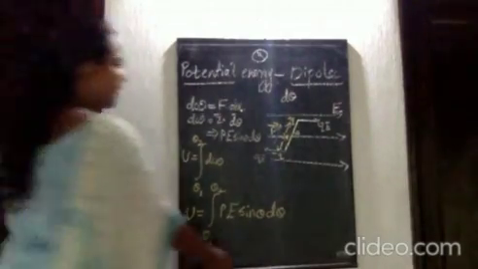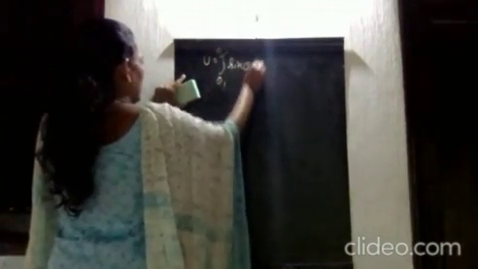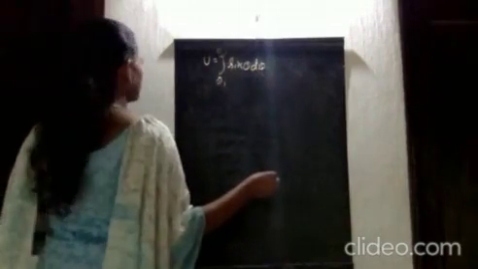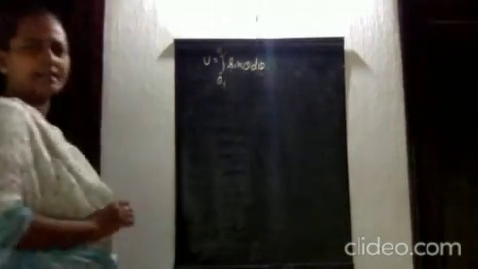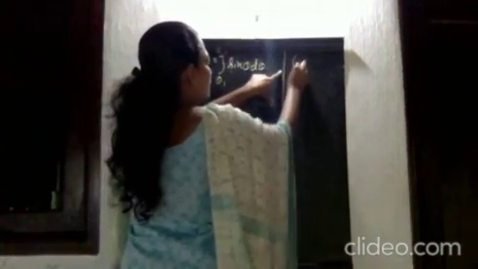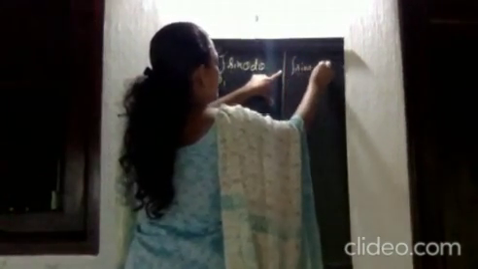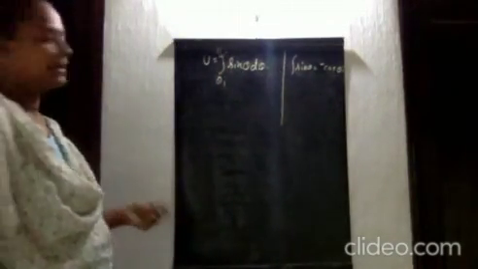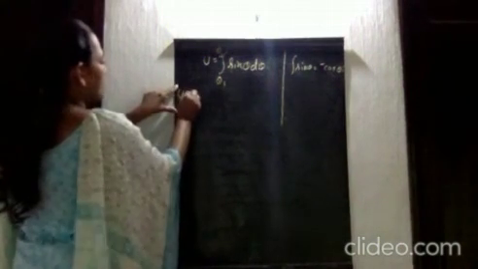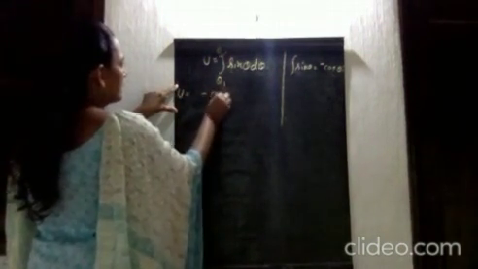So how can you find the expression? The potential energy U is equal to the integral from theta 1 to theta 2 of sin theta d theta. But what is the integral of sin theta? The integral of sin theta is equal to minus cos theta. So you can write U is equal to minus cos theta.